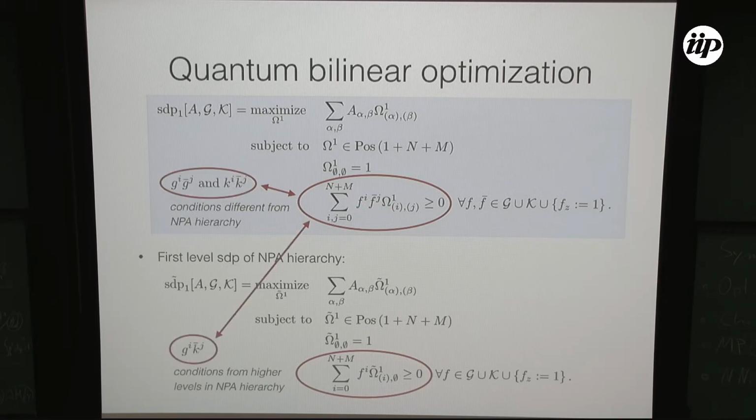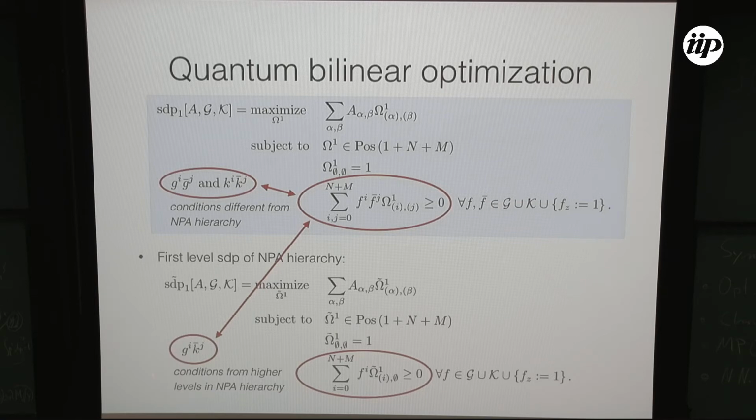However, here we have to be a bit careful, because the way we relax things, our STP is going to be much larger. So the first level is not going to be the same size as the first level of the NPA hierarchy. To be fair, one should compare all the levels in some sense. So the question is whether these types of constraints show up in the NPA hierarchy, but just at a higher level, because even at this higher level, the program might be of the same size as our STP on the first level. And it turns out that some of them indeed show up. Whenever you have some mixed constraints, remember we had these two types of constraints, one from the set G, one from the set K.